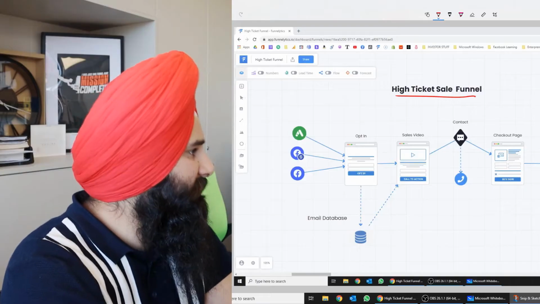Because if we talk about human psychology, no one would like to spend more than $200 in one shot, without contact with you, without knowing about you. Until they have proper belief in your business, no one would like to spend $200 on your product. So the first thing is, we have to make communication and build a belief pattern so that we are able to sell our product. And how can we do that? This is the sales funnel.